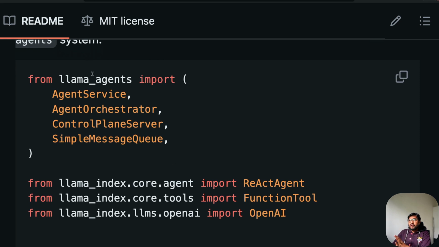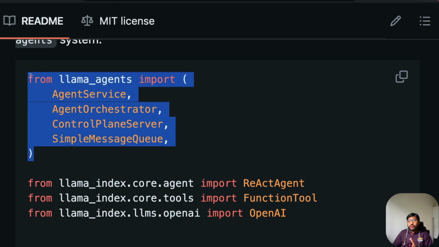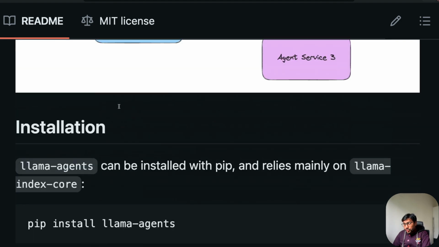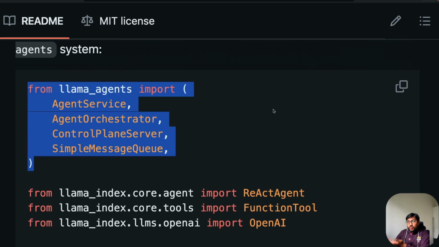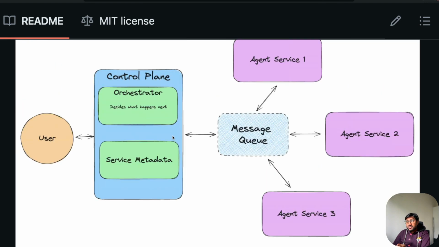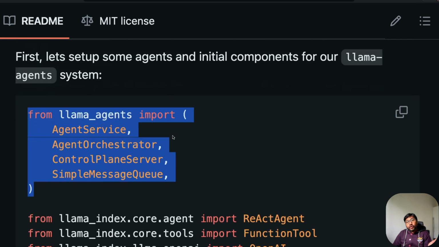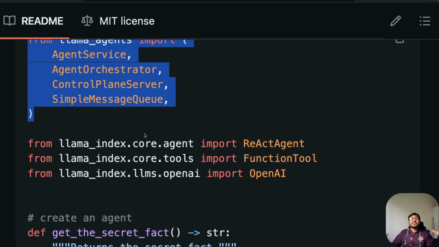Now let's quickly look at a very simple code. From llama agents, you have agent service, agent orchestrator, control plane server, and a simple message queue. These are the most important components we just discussed: the agent service, the message queue, the control plane server, and the orchestrator. These are the important things to make the multi-agent system work.